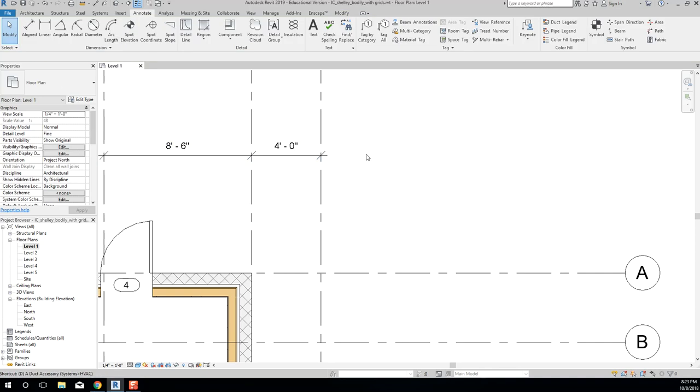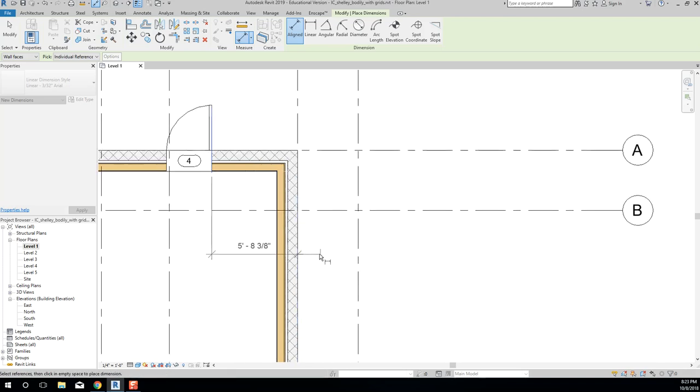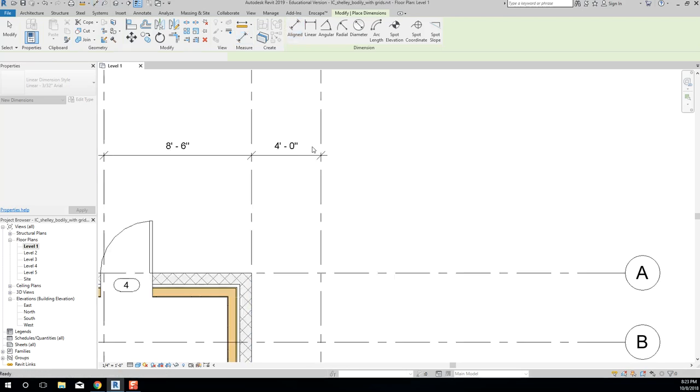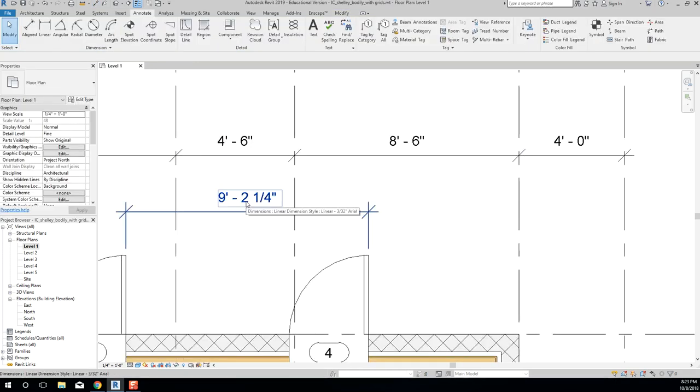Let me do a dimension where I can see the lines. There we go. Or maybe like this, even better. Okay. So we have the actual dimension. We have the ticks, which start and stop the dimension. Right here, we have what is called